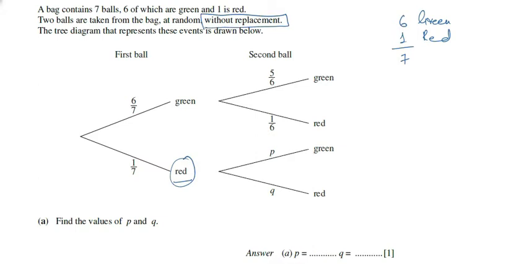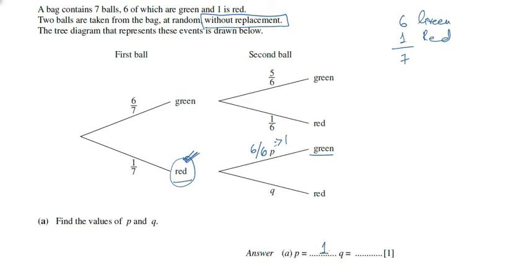Now if the second ball is green, for example, up till now we have not taken any green ball from the bag because we have already taken just one ball, and that was red. So if we pick second ball as green ball, how many green balls we have in the bag? 6. So the probability will be 6 upon 6. Why in denominator we have written 6? Because we have already taken one red ball from the bag. So we will reduce the denominator. If we simplify this, it is 1. So it means the value of P is 1.